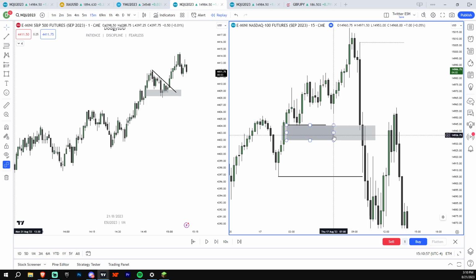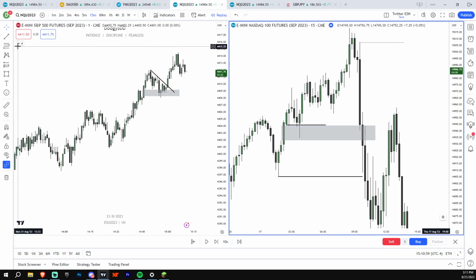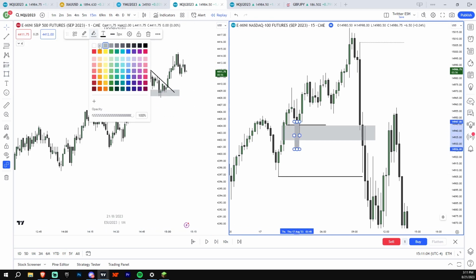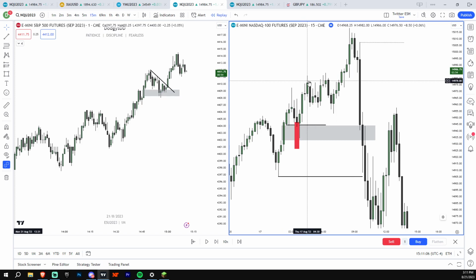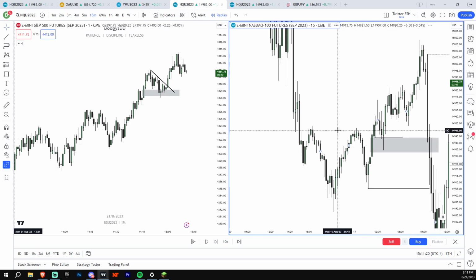Okay, but the only way I'll delete this fair value gap off my screen is if we kind of close under and then close back above and then go up and then go back down again. Because this closing back under and us bouncing still tells me that their algorithms weren't respecting this. This tells me this is not a clean fair value gap you can use in any situation.